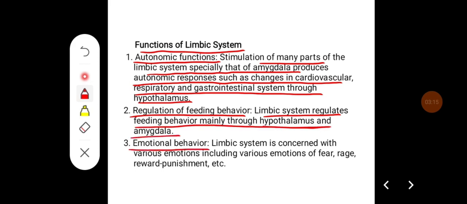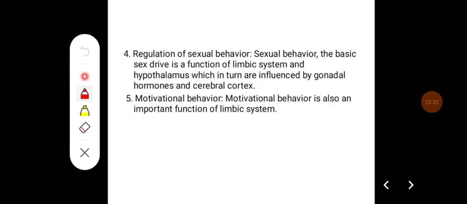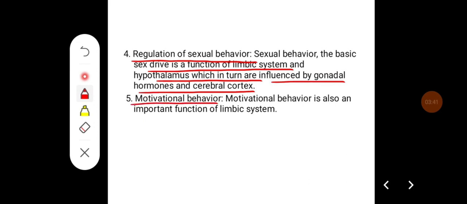It is also responsible for emotional behavior. Limbic system is concerned with various emotions, including emotions of fear, rage, reward, and punishment. It helps in the regulation of sexual behavior. Sexual behavior, the basic sex drive, is a function of limbic system and the hypothalamus, which in turn are influenced by gonadal hormones and cerebral cortex. It is also very important for motivational behavior. Motivational behavior is also an important function of